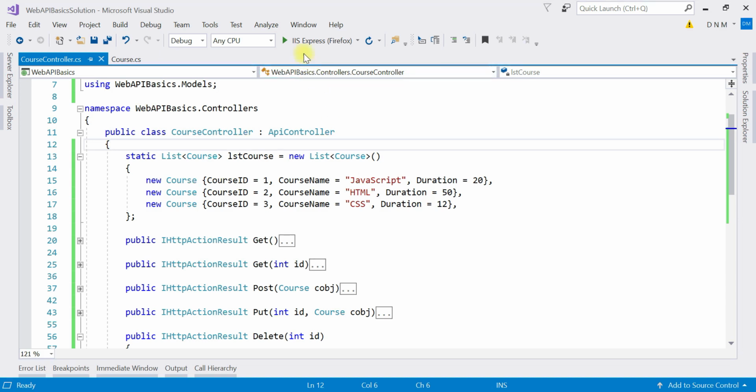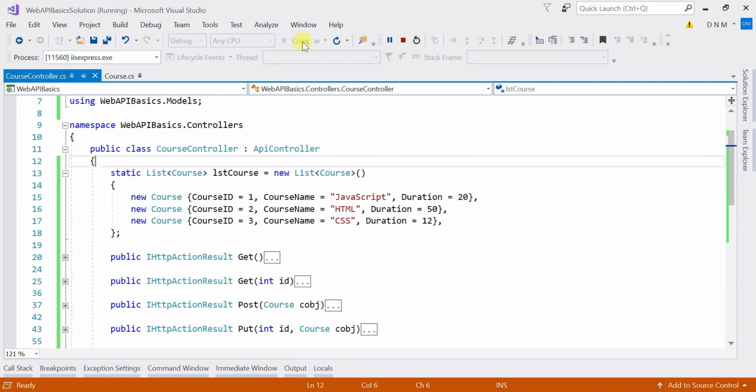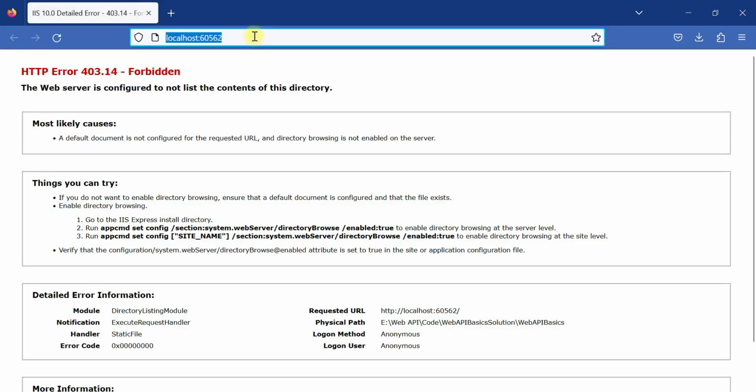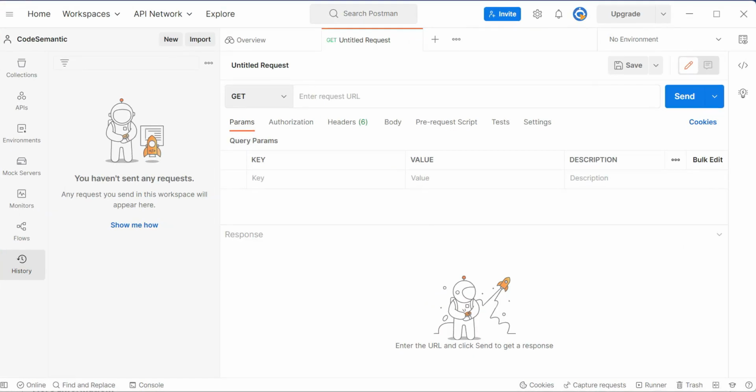So first of all, we need a localhost IP. So let us run our application. This is the IP. I'm just copying it and let us switch to Postman. So let me put it here. My first request is going to be a get request. Now our URI pattern